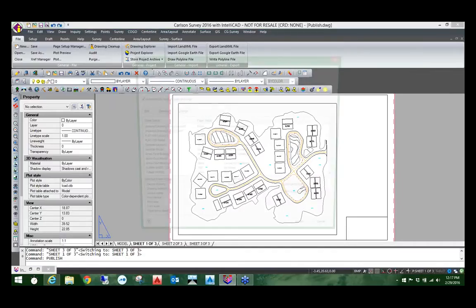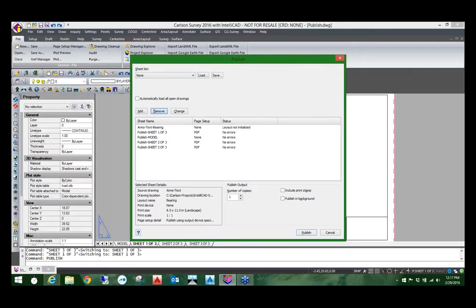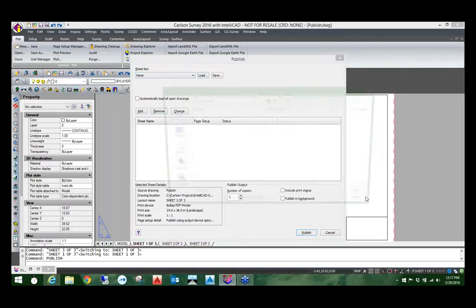So I'm just going to type in publish. And you'll notice that right now I have this checkbox that says automatically load all open drawings. So every model space and paper space or layout from all the drawings I have open currently loaded. So I'm going to say turn that off and then remove all these. All right. And what I've done is I've pre-set up a sheet list that I can go ahead and load in,